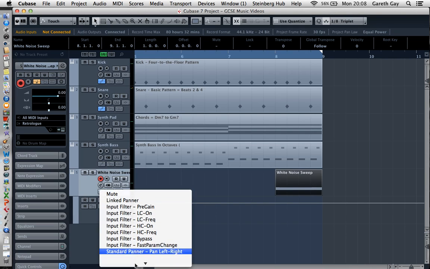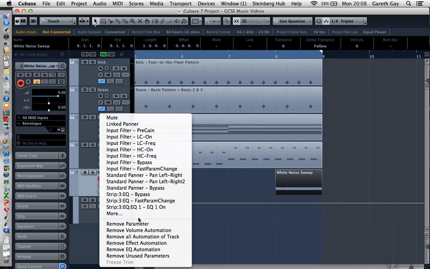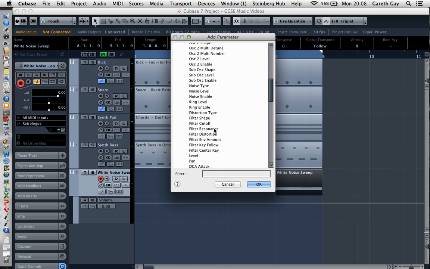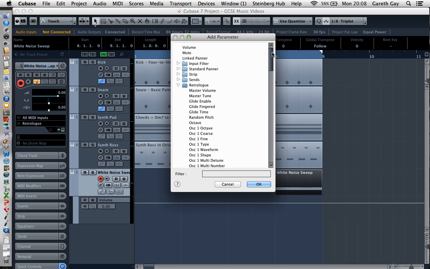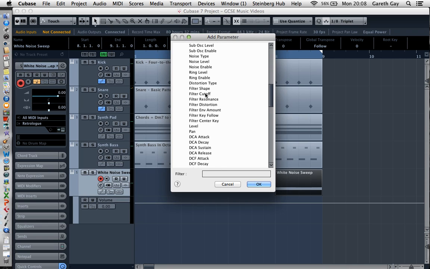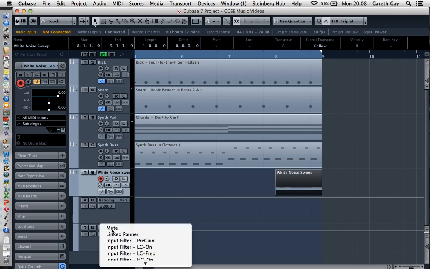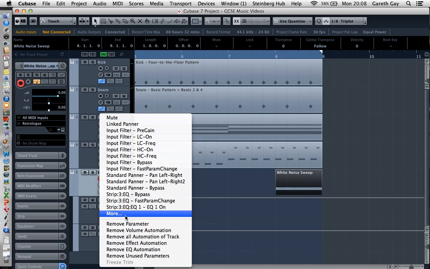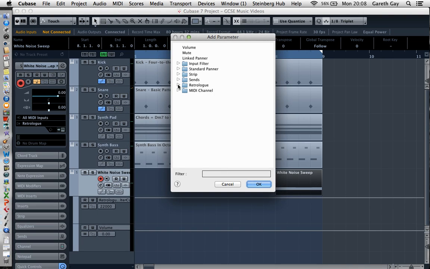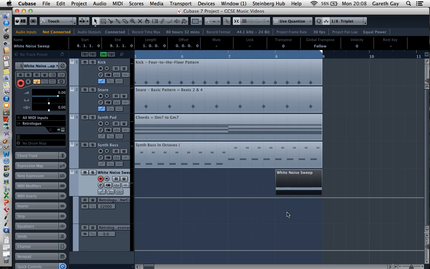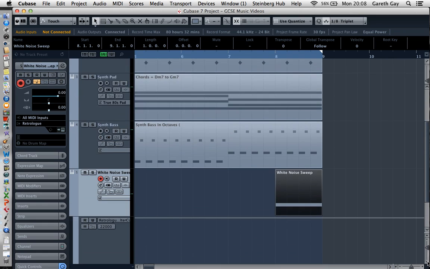I'm going to go into my first automation lane. I'm going to click on More. I'm going to go to Retrologue, and I'm looking for Filter Cutoff. And then I'm going to click on my second automation lane. This time I'm going to change it to Retrologue Filter Resonance. Okay, so the way that I'm going to do this is I'm going to zoom right in, and